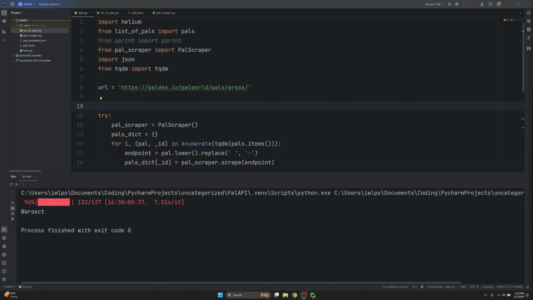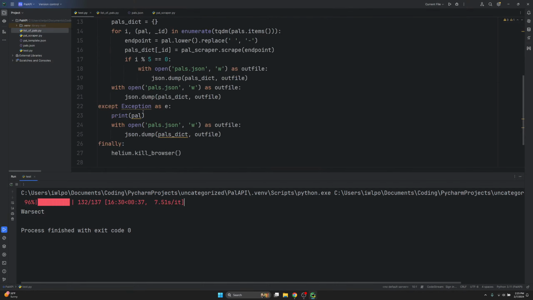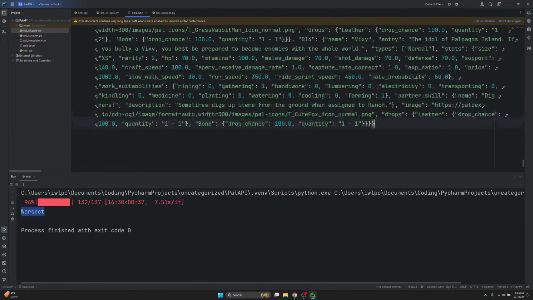Alright. Seems like an error happened, and I have no idea what that error is, because I did not do what it's supposed to do. Anyway, we were pretty close, and we're missing Warsect. And from what we're looking at here,